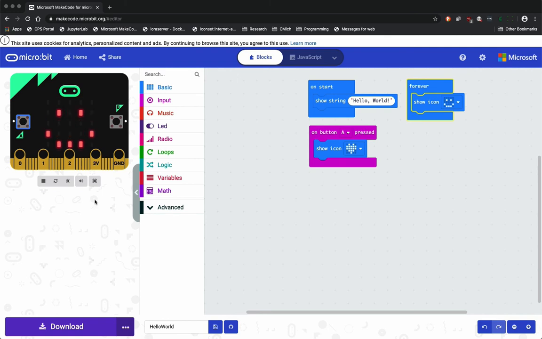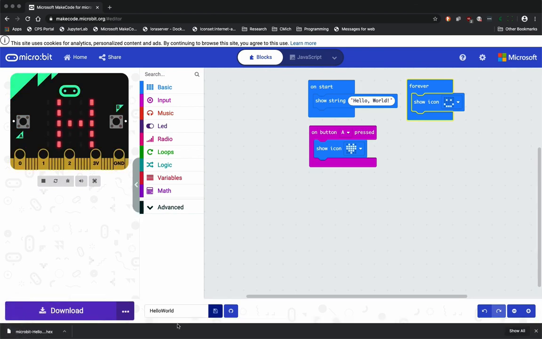So that is the first step to just having a program with the main functionality already at our disposal. Right? We show something forever, and if an event happens, we react to it and we do something. Again, this right now is just to get you all warmed up and get things started, making sure that everything works. Now, the way that the microbit operates is once we are done and our program does what we want it to do,